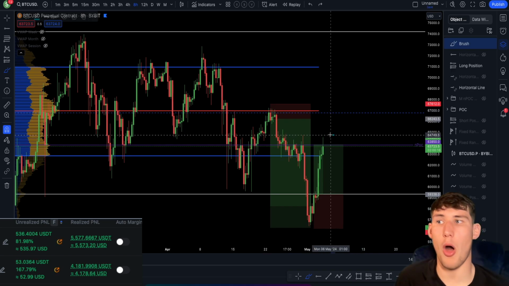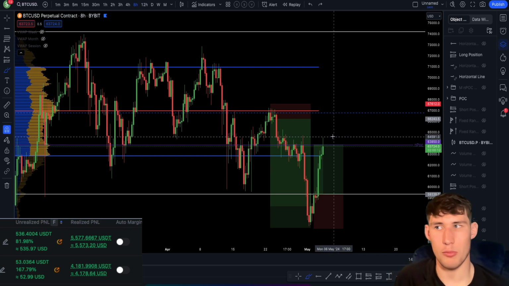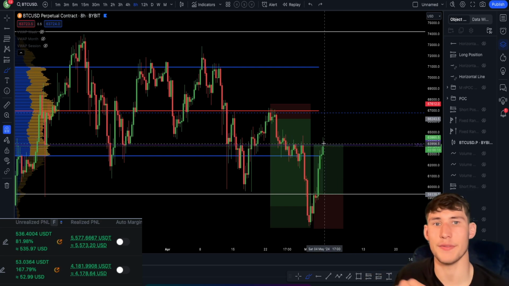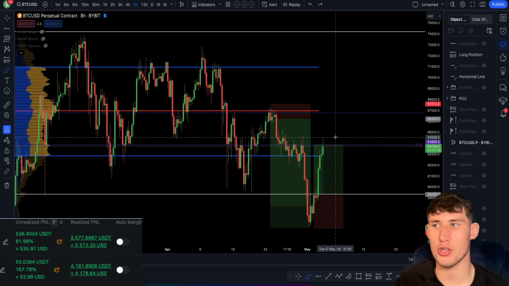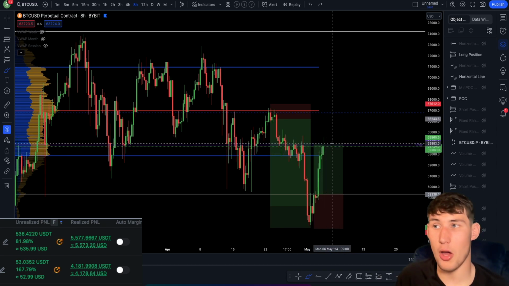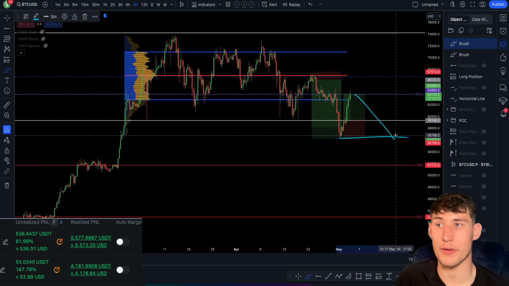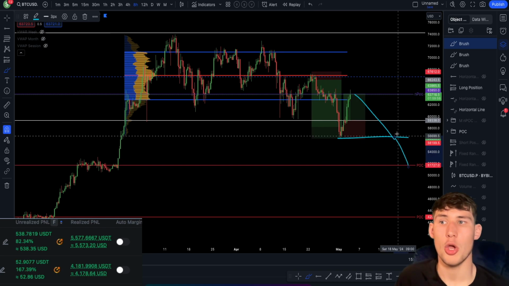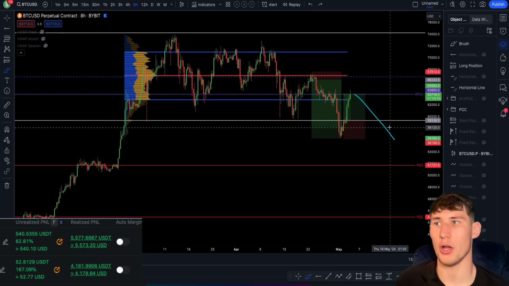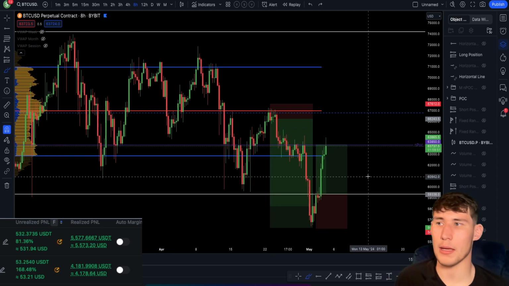And as of right now, I am actively looking for a short trade. There are no short trade setups to be had as of yet, but things could change, right? We could show some major signs of weakness here, and then I could look for that short trade to take it down to this low here and possibly even lower as well, because of course the target would be $51,700, okay?